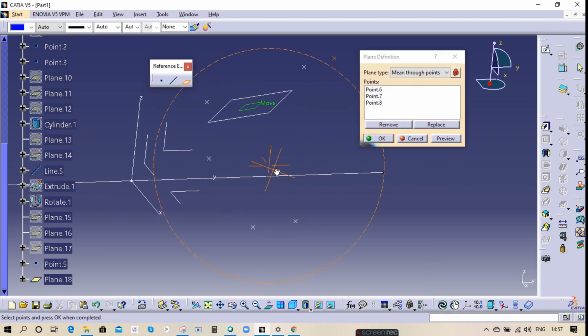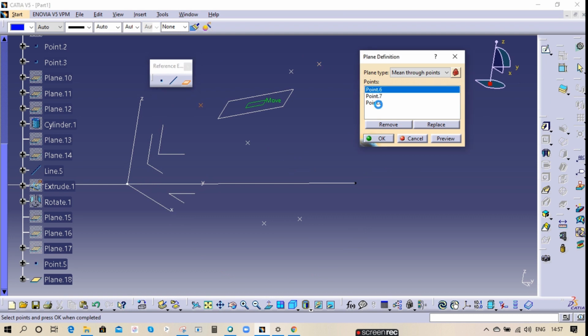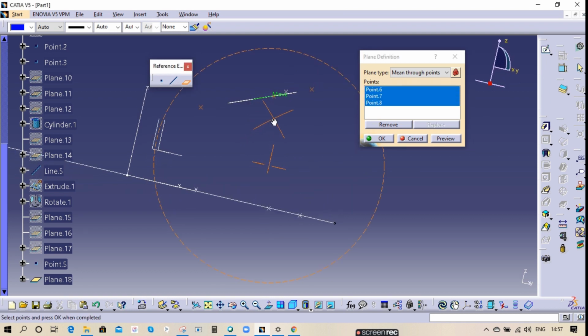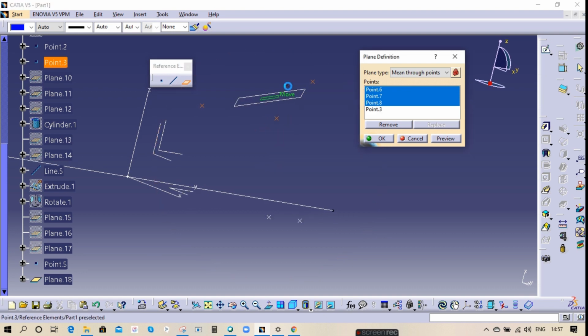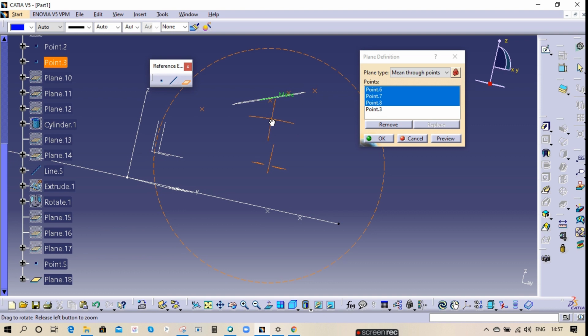See, based on the highlighted 3 points, you can take this point also. See, now based on these 4 points, if you put them in one line, exactly the plane is created here. Exactly, the plane is cutting all the 4 points. This is how mean through points will work.